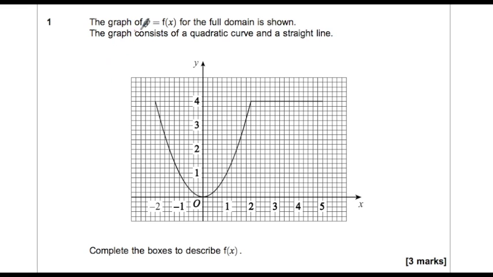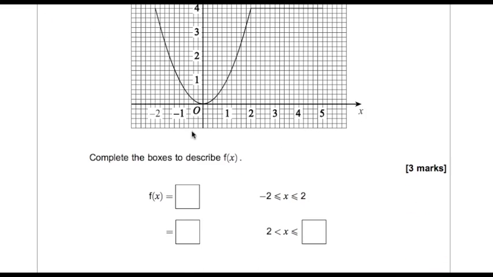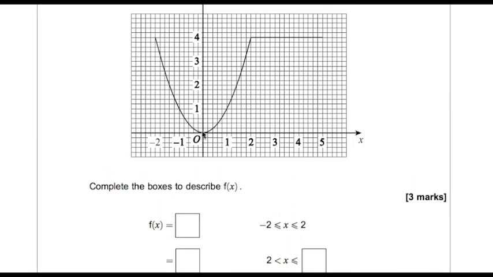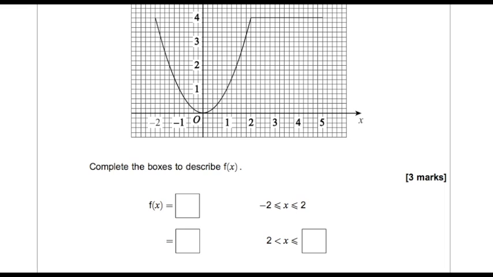So question 1, the graph of y equals f of x for the full domain is shown. The graph consists of a quadratic curve and a straight line. So we can see a quadratic here, and then a straight line here. Complete the boxes to describe f of x. So, you see it's saying f of x equals, so this is going to be some function between minus 2 and 2. So if we look where x is between minus 2 and 2,